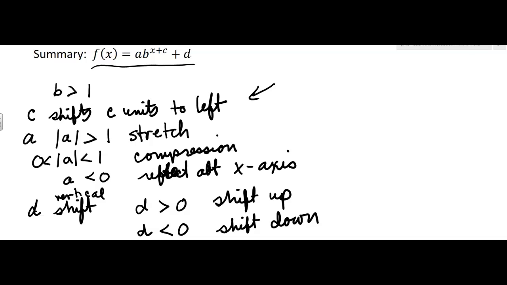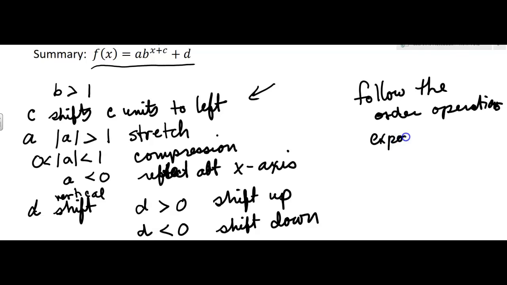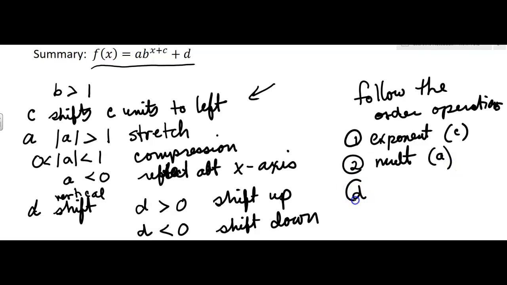Just one more thing. They note that the steps that you're doing follow the order of operations. So you're looking at the exponent first, right? Exponent, that's c. So first do that. Then look at the multiplication. That's a. And then finally step 3, you're looking at the addition, which is d, and that's that vertical shift. Okay, so